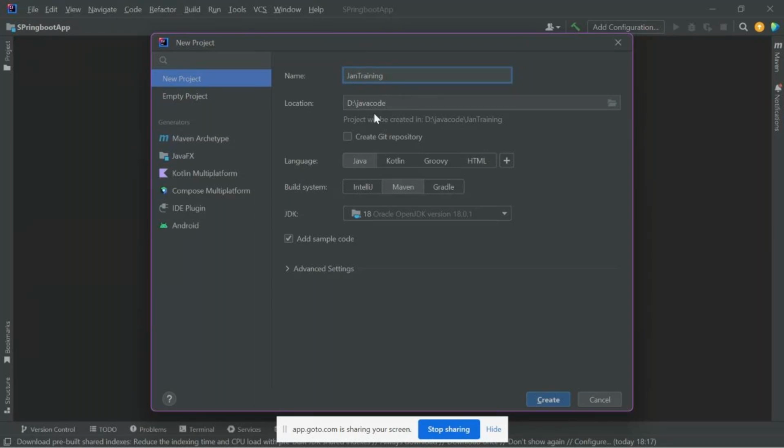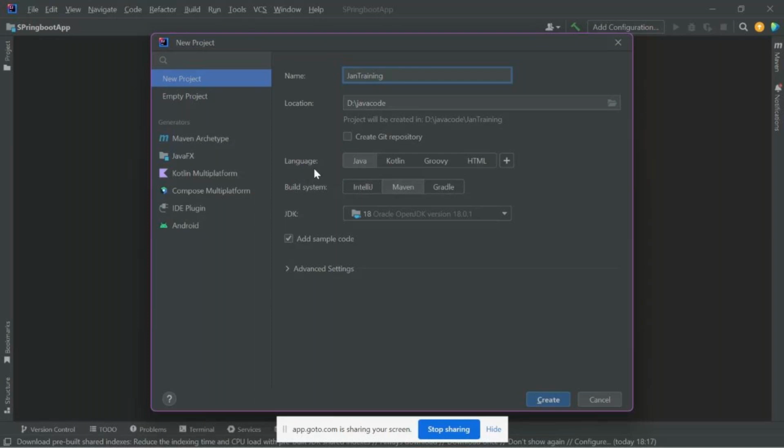I'm selecting a location, wherever you want on your laptop, C drive or D drive. If you want to create a version control, starting from scratch, and create a folder like this in Git itself, you can click on it. I'm not going to do that because I didn't configure Git on my machine, so I'm leaving the checkbox unclicked.